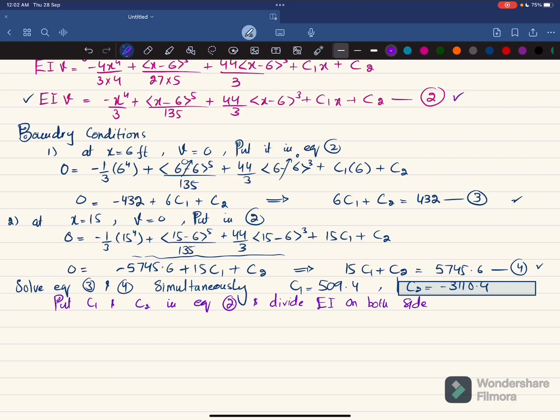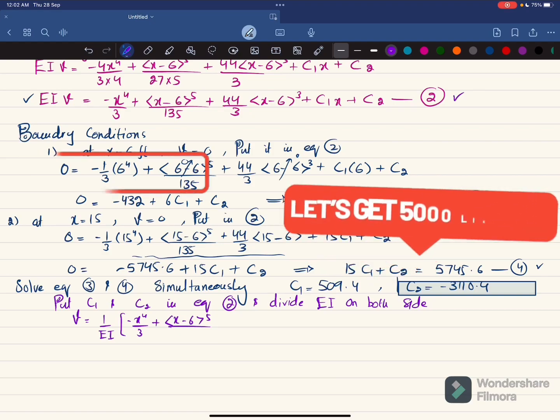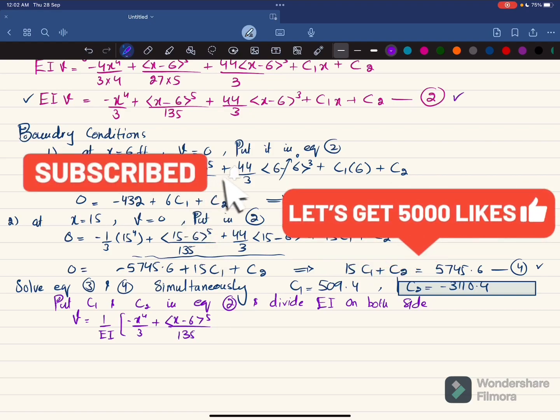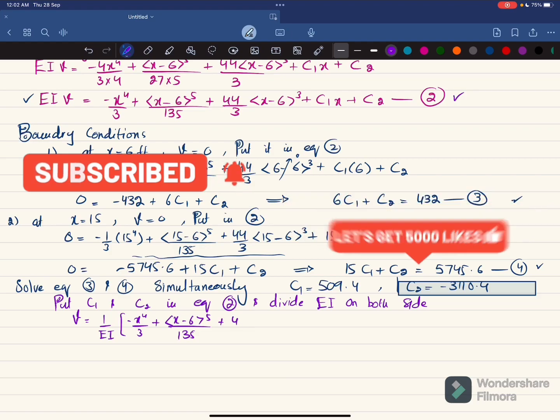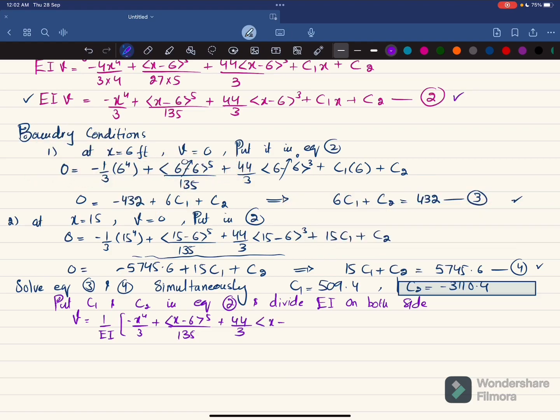So you will get deflection is equal to 1 over E into I into minus x power 4 over 3 plus x minus 6 power 5 divided by 135 plus 44 over 3 into x minus 6 power 3 plus C1, which is 509.4 into x plus C2, and C2 is minus 3110.4, and the unit will be,